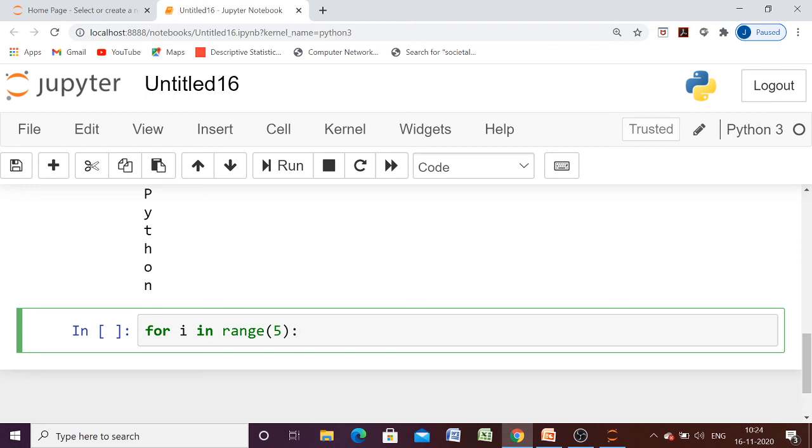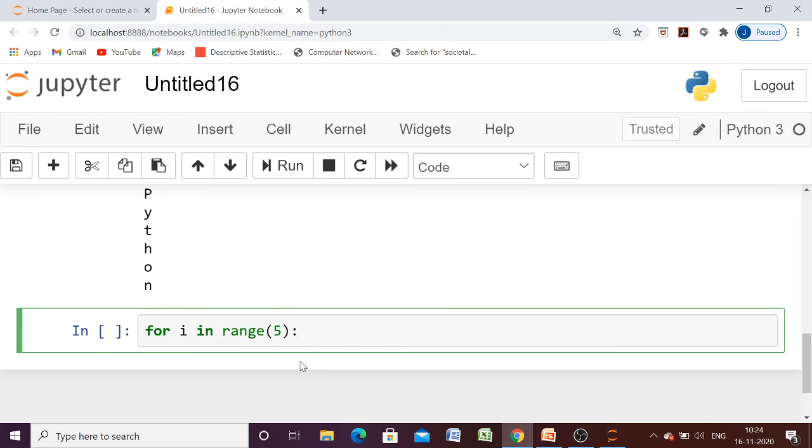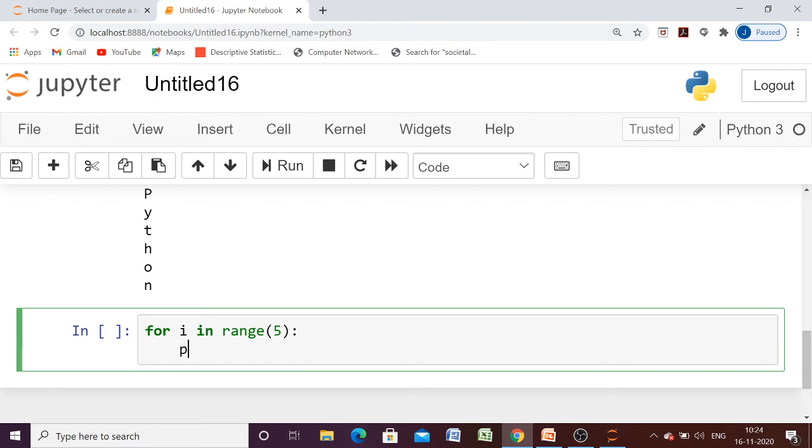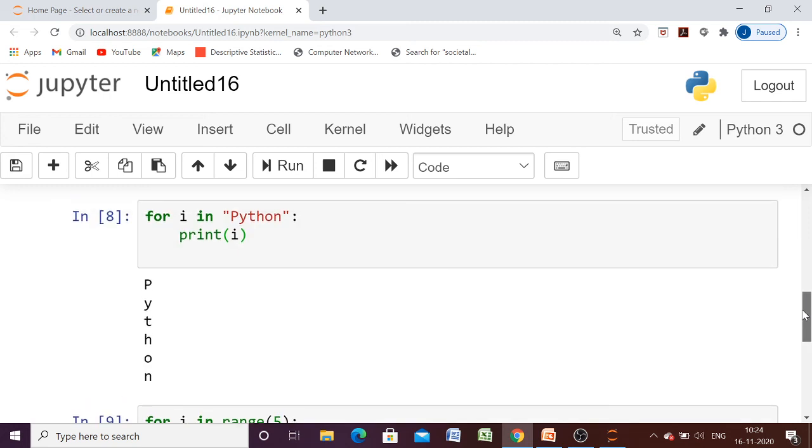This will remain excluded. Since we have not specified the step value, by default the step value will be taken as 1. So first it will take 0, then 1, 2, 3, 4, and if we print it, we will have the values from 0 to 4. Here you can see 0 to 4.